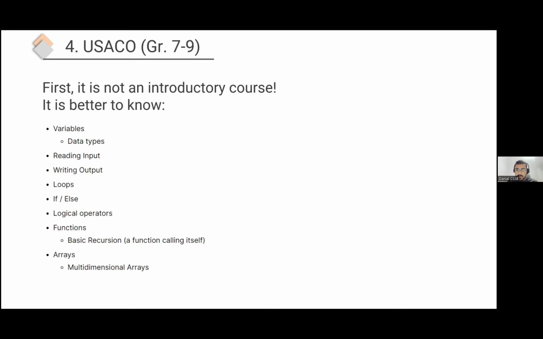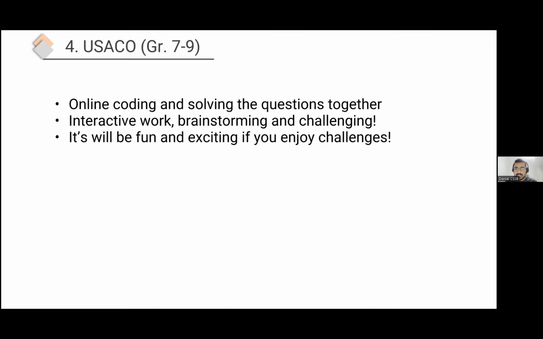We're not going to talk about these; they are covered in the Python class. This can also be done simultaneously. For example, they can finish the first level and maybe start the second level in Python, and then simultaneously start USACO after getting some sense of Python and the subjects we're going to need in this class.